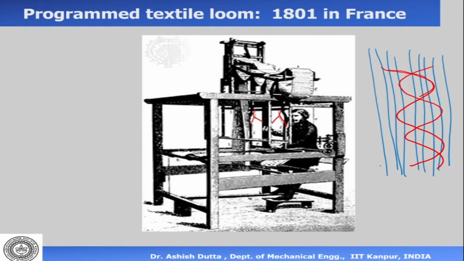Okay, and how would they do that? They would move a lever. Even today you can see that the textile weaver basically catches a lever and changes the position of the threads. Now what this gentleman did is, he encoded this design in the form of a punch card. Now this punch card, okay,